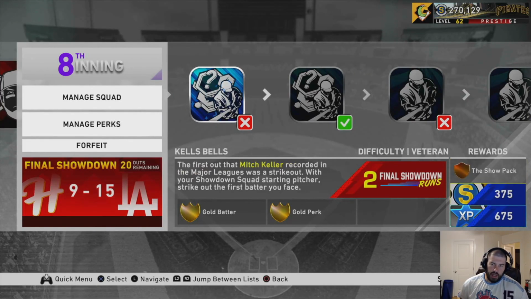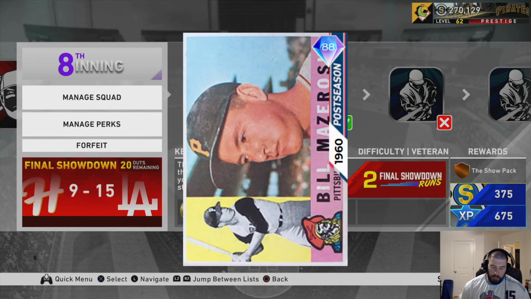The next mini mission is Kells Bells. This is based off of Mitch Keller. You've already faced him in the showdown, so you could kind of see how he pitches. But you're not facing him as a pitcher. He started out his career striking a guy out. So you're going to face the Pittsburgh Pirates' 88 overall Bill Mazeroski, and you have to strike him out with